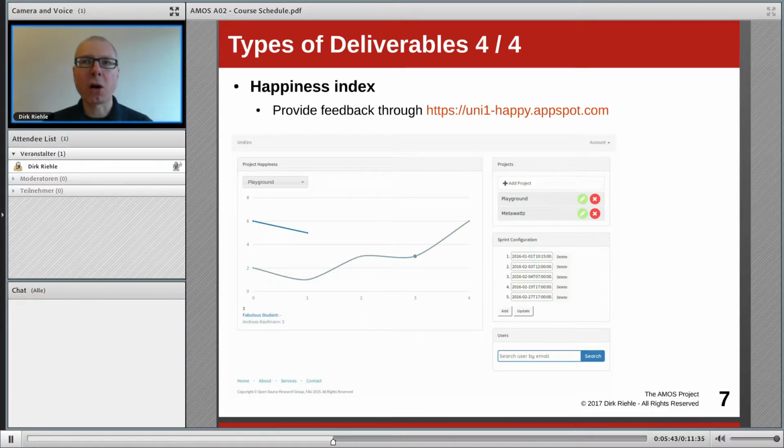Finally, there is the happiness index, an indication of how happy you are with respect to the team, the project, overall progress. Both the stand-up emails and the happiness index you already discovered in our preparatory team workshop leading up to AMOS. But let me remind you quickly that the